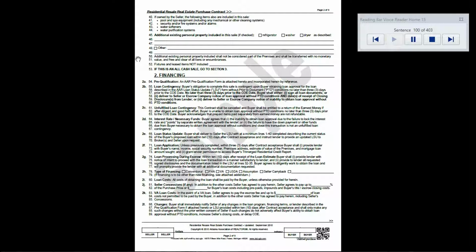If this is an all-cash sale, go to Section 3. 2. Financing. 2a. Pre-qualification. An AAR pre-qualification form is attached hereto and incorporated herein by reference. 2b. Loan contingency. Buyer's obligation to complete the sale is contingent upon buyer obtaining loan approval for the loan described in the AAR Loan Status Update, LSU, without prior to document, PTD, conditions no later than 3 days prior